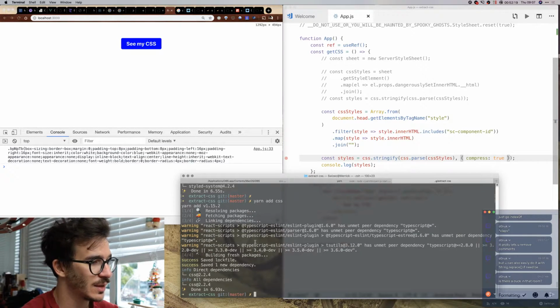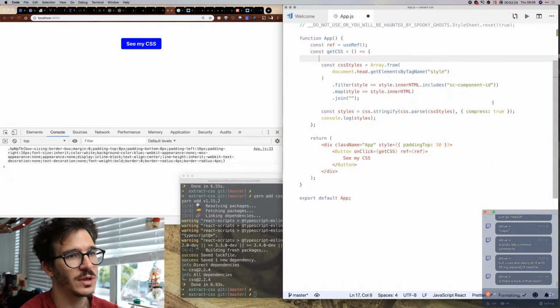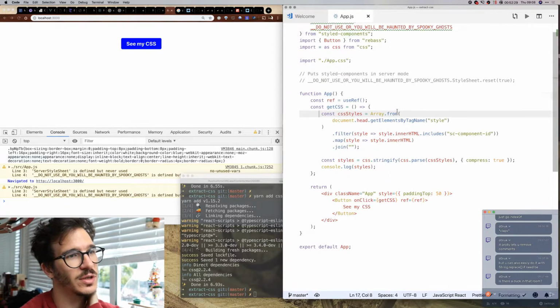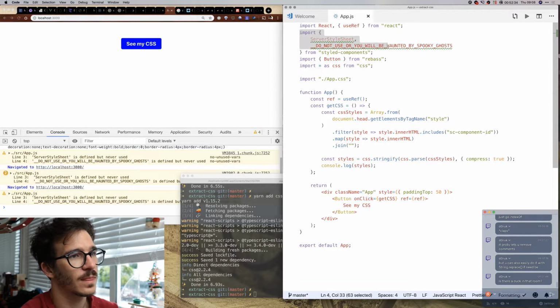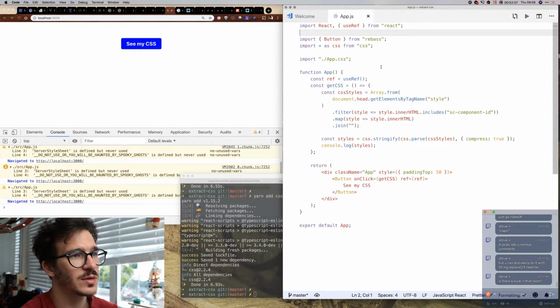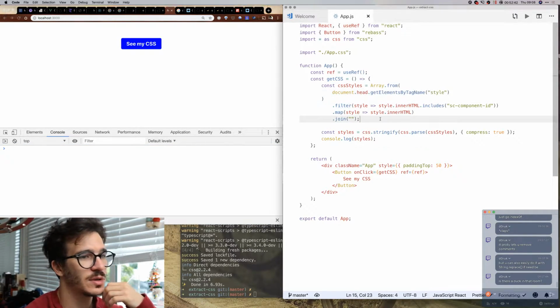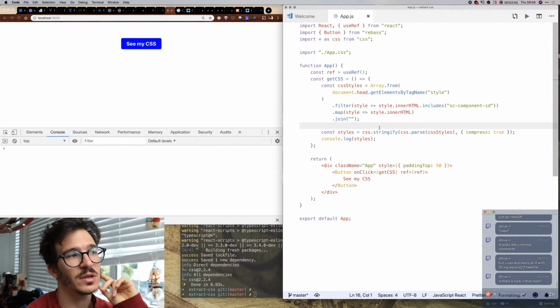I'm not sure if this is particularly useful. I was thinking of open sourcing this or something, but I'm not sure it's very useful. Also, the next step would be filtering out all of the... So that's something I still have to figure out how to do, because if we do this, this gets